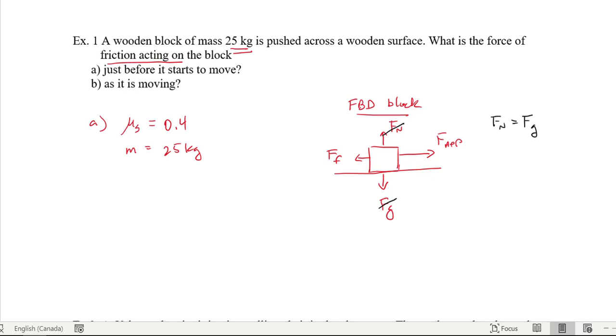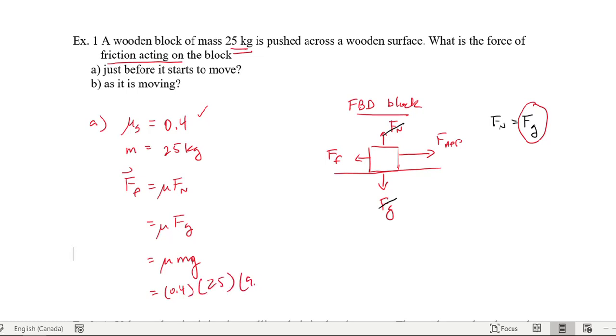So if I want to find the force of friction, we've just learned our new equation, it's mu Fn. I know mu, and now I know Fn because it's actually equal to Fg. So that's going to be mu Fg, and from our equation from our last lesson, that's going to be mg. So that's going to be 0.4 times the mass, which is 25, times 9.8. And that gives me 98